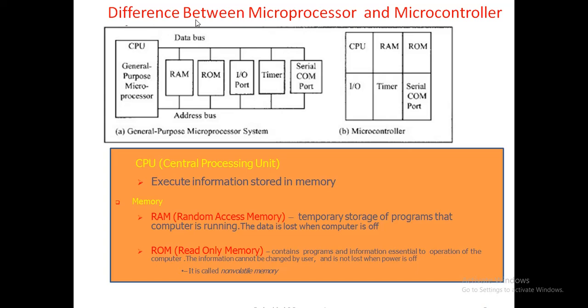Now the difference between microprocessor and microcontroller. This is a general purpose microprocessor system, and this is a microcontroller. Look at this diagram very carefully. Here, outside the CPU we have RAM, ROM, IO port, timer and serial communication port. Other than that, in a desktop and laptop you have an Ethernet port, USB port, VGA port, HDMI port, audio jack, and so on. Everything is outside the